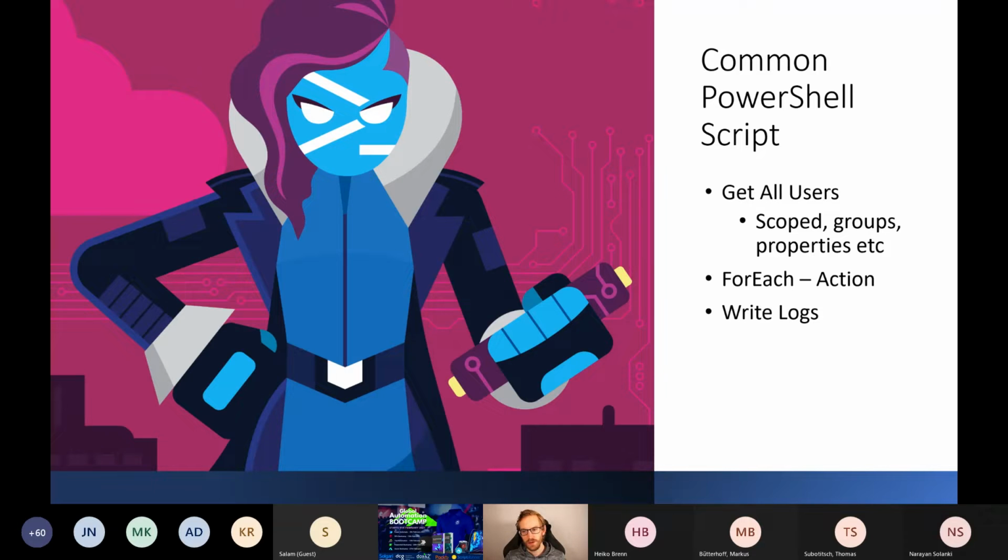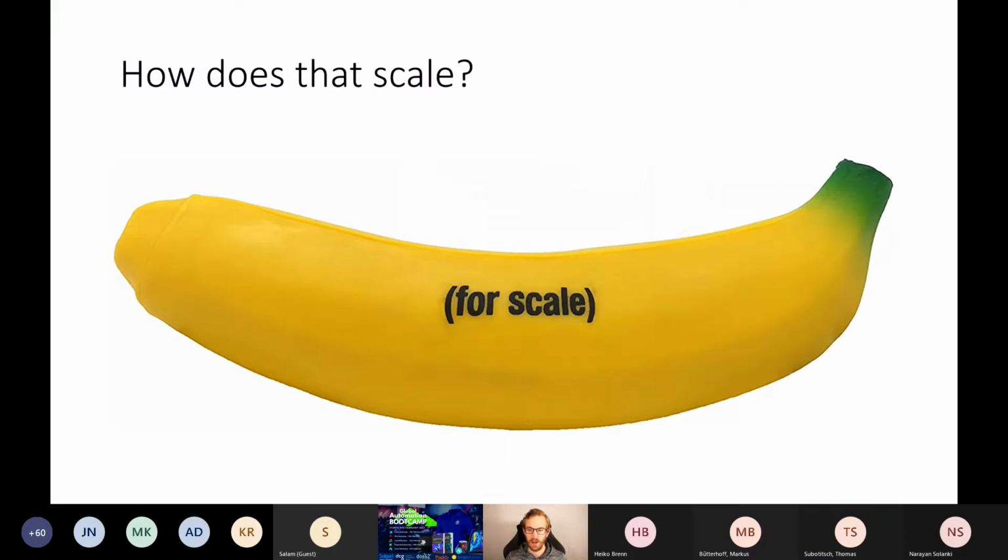So what we get to is, if I wanted to use this same kind of approach, the approach that I was used to from my regular scripting, how does it scale? How can I apply this to Power Automate, and what kind of issues did I run into when I attempted to do so?